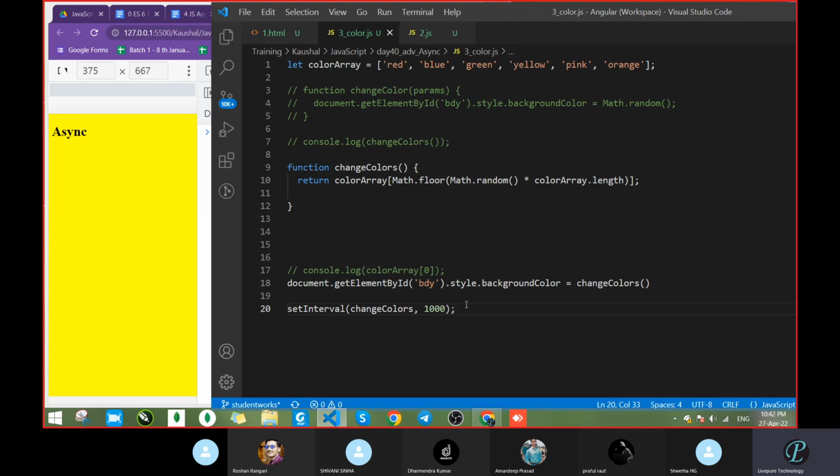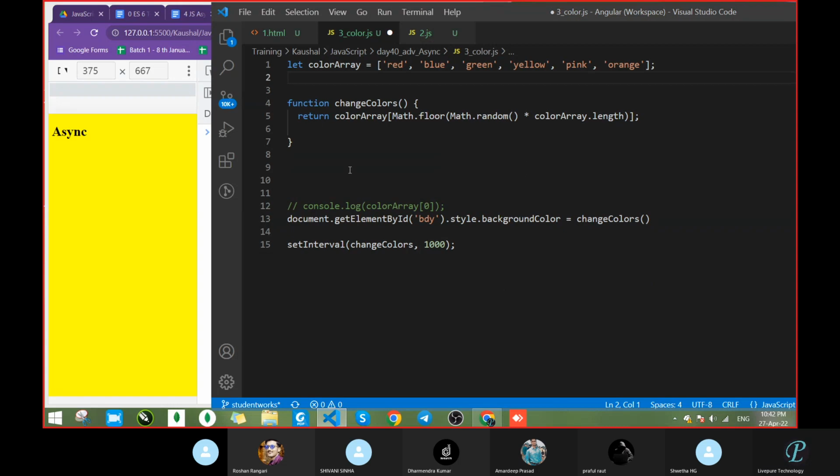Just try this one. This is interesting actually. Okay, so what do you have to do? You have to use this set interval and make this callback. And after that, after some seconds, you have to call this function. Which function? Color changing, because we had defined it. Remove this one.